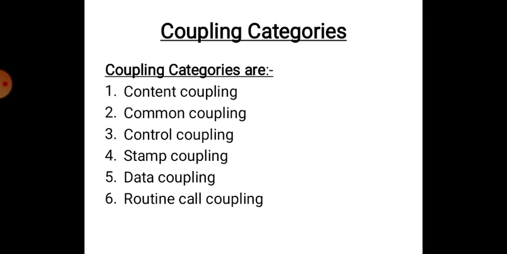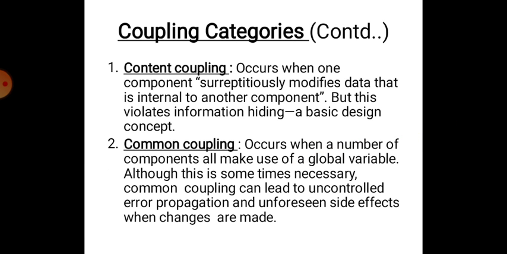Coupling categories are 1. Content coupling, 2. Common coupling, 3. Control coupling, fourth stamp coupling, fifth data coupling, sixth routine call coupling. So there are 6 categories of coupling, but the main ones are the first 2, content and common coupling. We will discuss today the main ones, that is content coupling and common coupling. First, content coupling